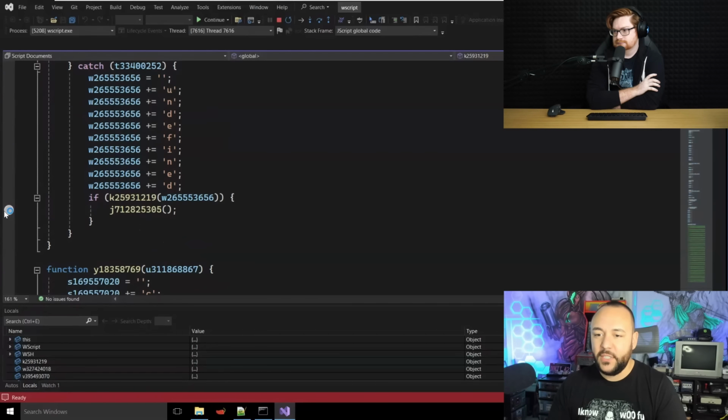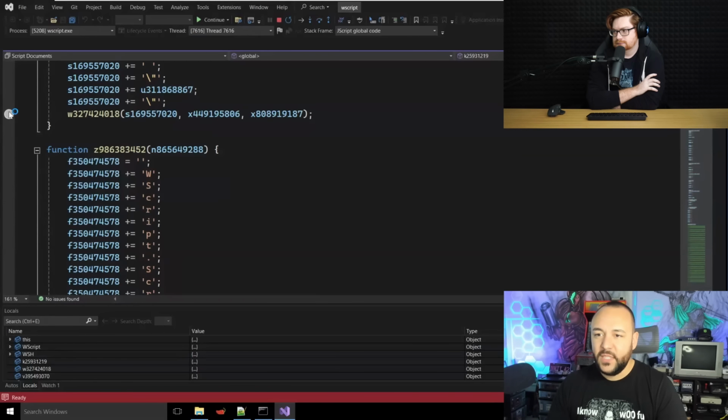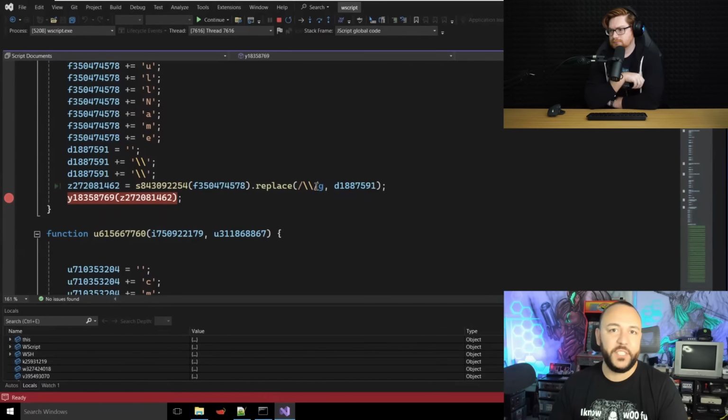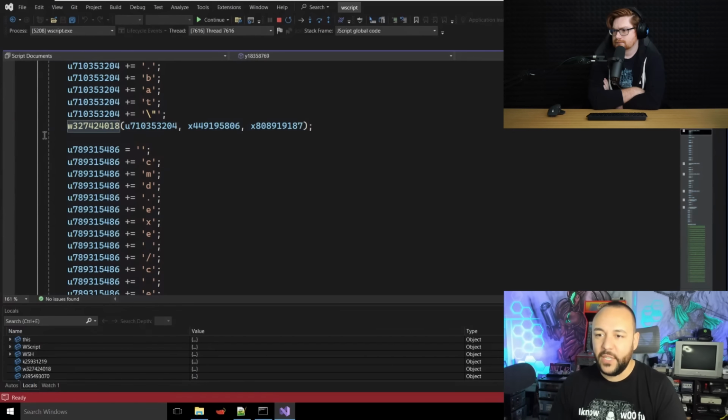I'm going to set one here, and one on this invocation, and I just keep going down. You'll see this function called often, and it's going to be the runner essentially, and I'll show you how that works. I'll set one here because this is going to build something with a call. It's just doing a regular expression to clear out some slashes. That's pretty easy. We'll let it do that.